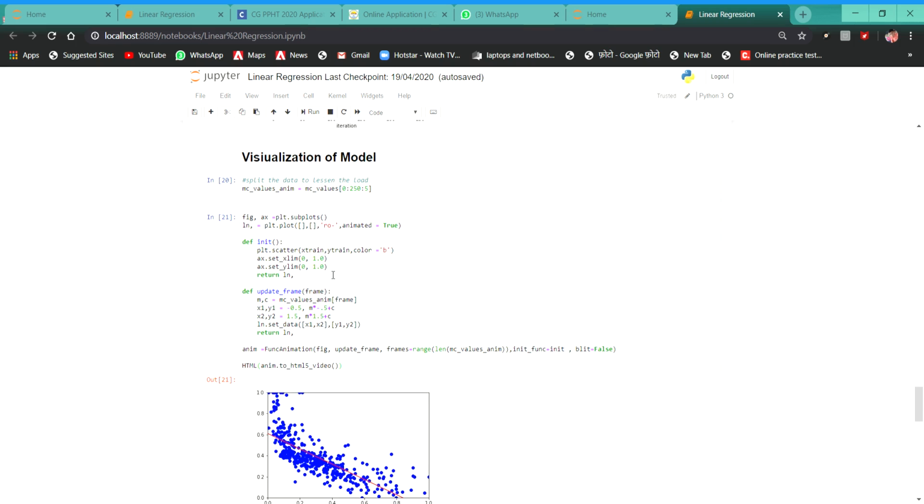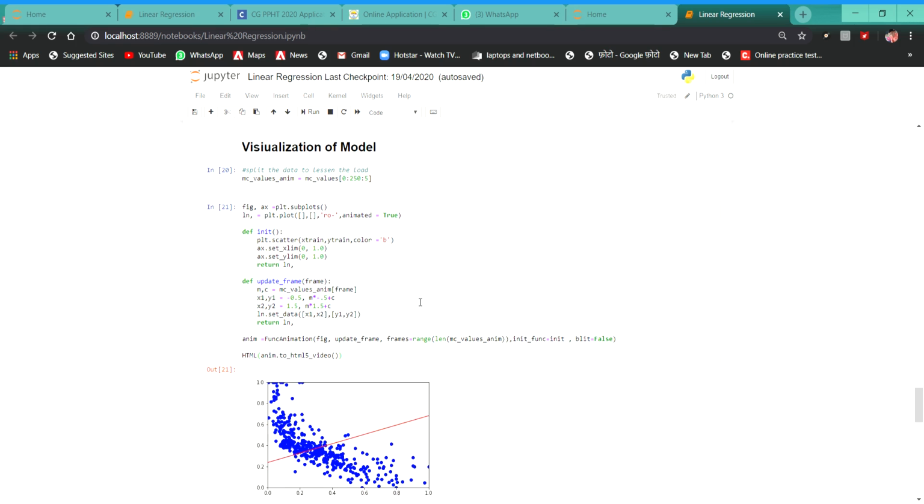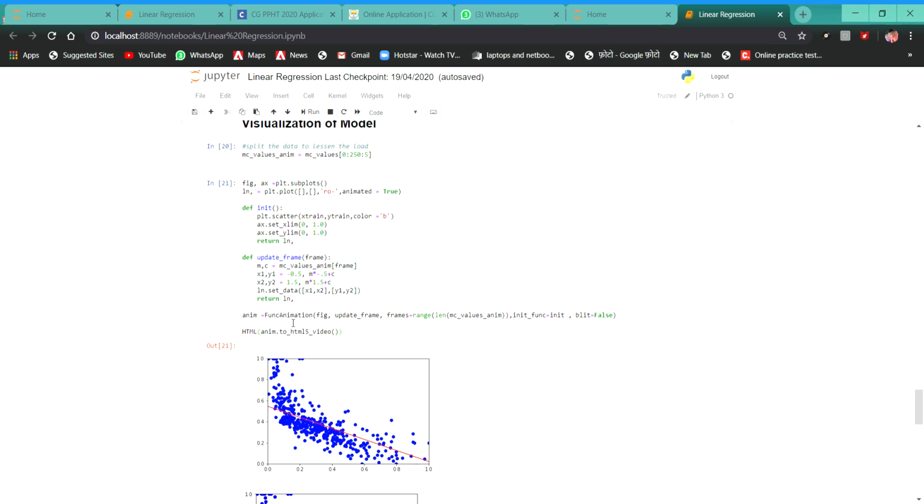Visualization of the model. Here we again use the visualization of the model. Here we use FuncAnimation to create this video.